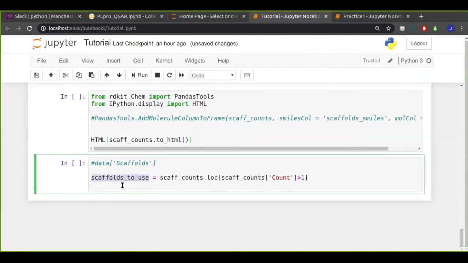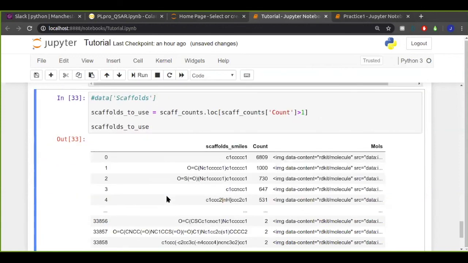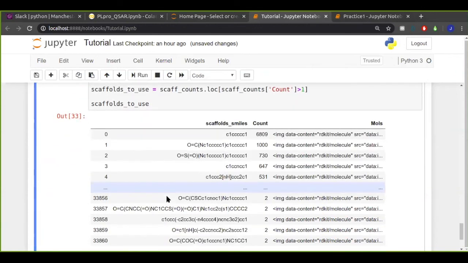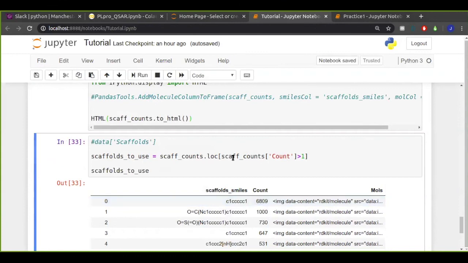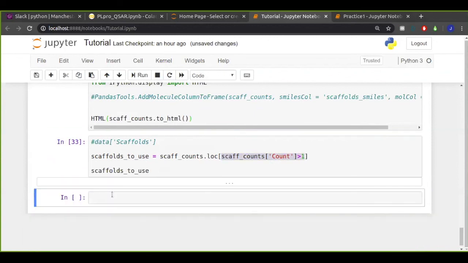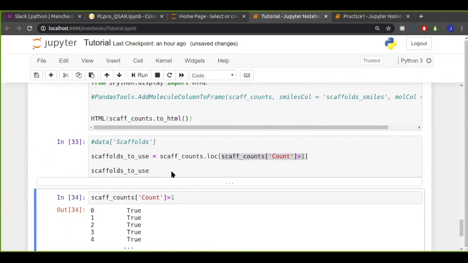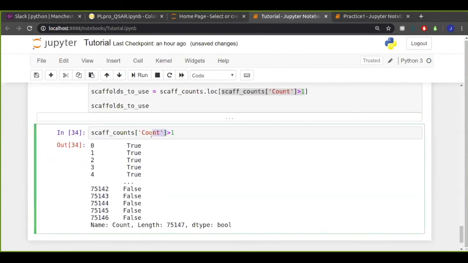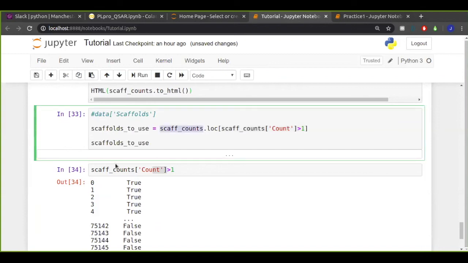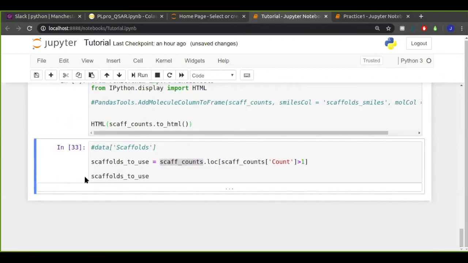So let me break down what I've done here. The core of this lookup function is this little logical test I have here. Let me put that in a cell below to show you what's going on. Scaffold counts where the column count is greater than 1. You can see that returns a lot of trues and falses. And I can use that to look up values from the original scaffold counts data frame.